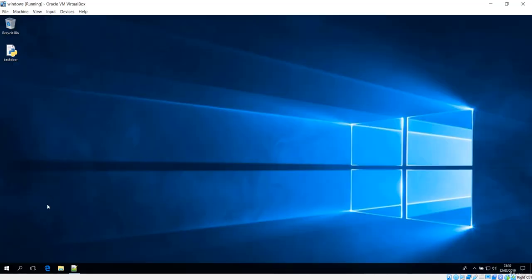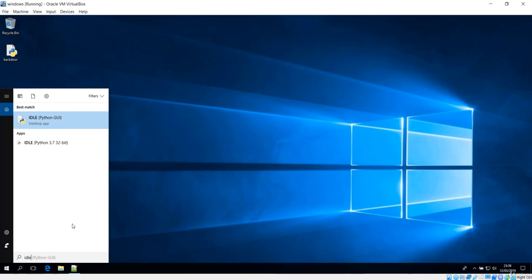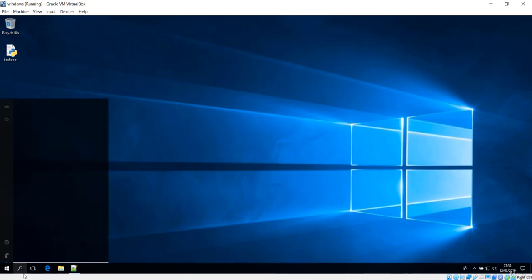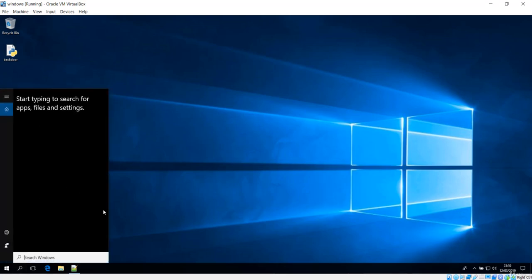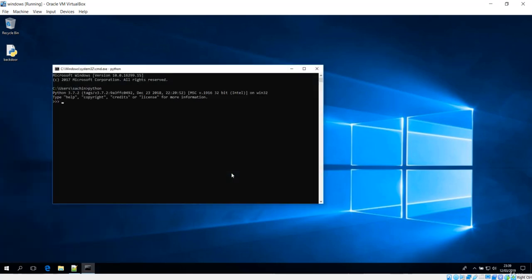We'll execute that in the next minute, but for now let's go to this Windows machine, which is obviously the client. Here I have downloaded my Python version. If I search for IDLE, you can see the Python version. Let me wait a moment, maybe it is not executing. Let me type cmd, and if I type python here, you can see the latest version of Python. This is how I have configured Python on this Windows machine too.